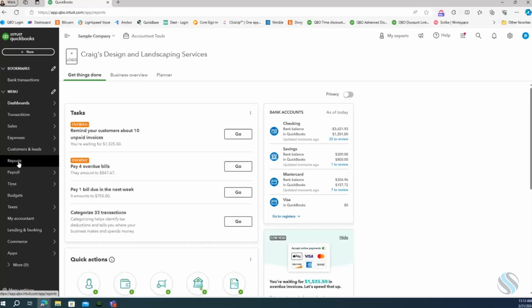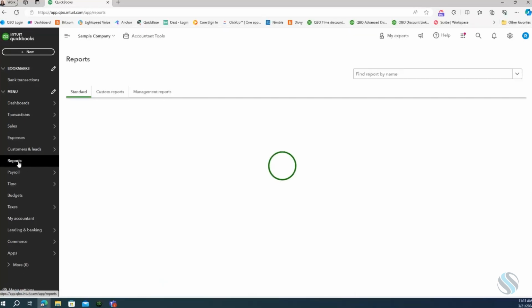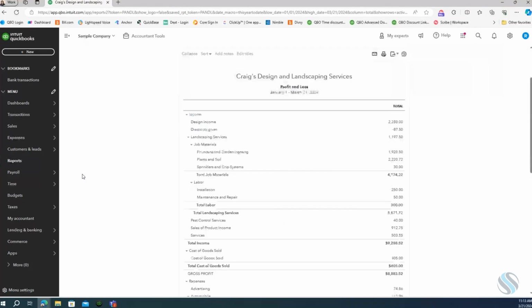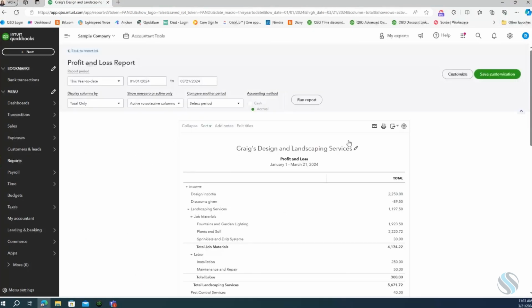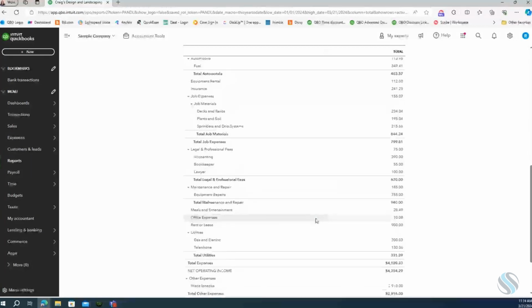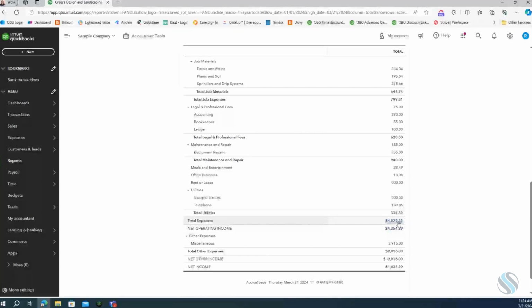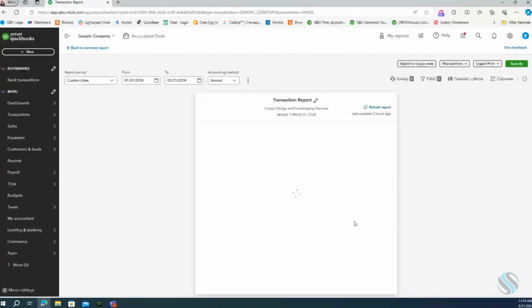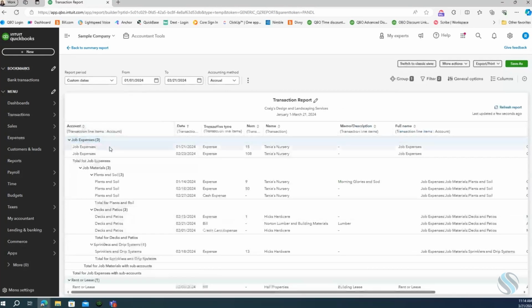To do this, we're going to start with our profit and loss report. I'm doing this just so we have enough data for year to date. And I'm going to scroll down and drill into the total expenses. And this then brings up a report that has all of our expenses by GL account